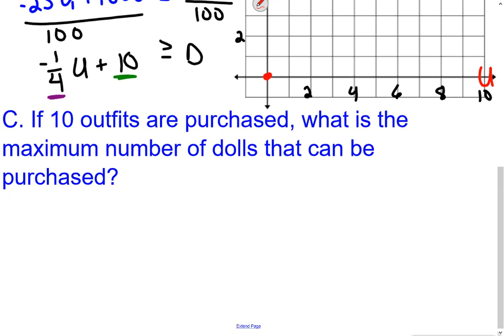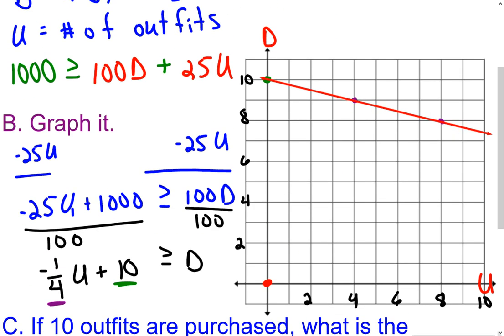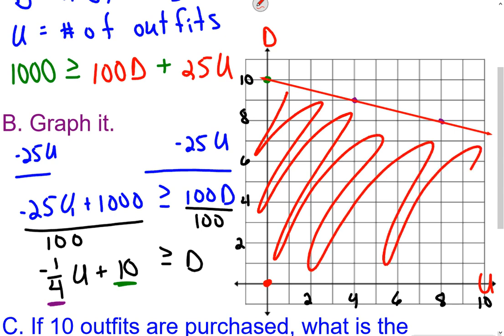So if I take the negative 1/4 times 0 plus 10, now how does it compare to 0? Well, this side we have 0 plus 10, so left side's 10, right side is 0. That is a true statement. Therefore, when I come back up here, I should shade this entire side of my inequality. Now, the other part to remember about this is, since we're dealing with items to purchase, we can't purchase